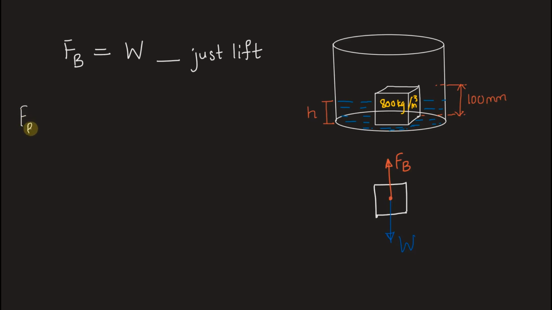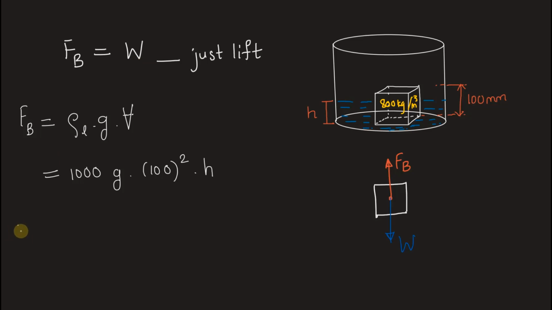Now the force of buoyancy on the cube, by using the hydrostatic law, is equal to density of the liquid into g into submerged volume of cube. Let this symbol represent the submerged volume of the cube, which is equal to the density of the liquid, given to be 1000 kg per meter cube, keep g as it is. The submerged volume of the cube is nothing but its base area into the height h. So we can write base area, which is 100 mm square, into h. So is this the force of buoyancy?